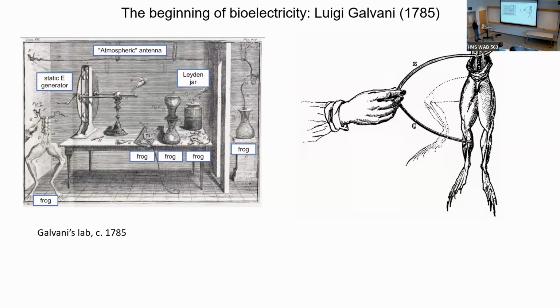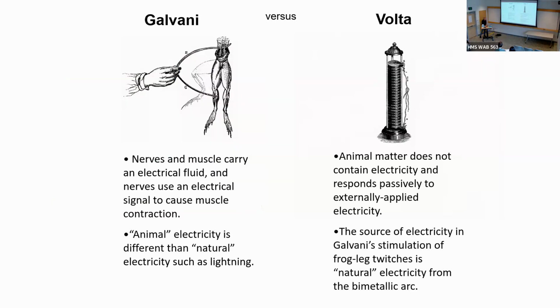So one of the things Galvani did was to hook up an antenna so that he could get charge from the atmosphere, and then show that if he connected it with a wire to a frog leg, he could make it twitch. And then he also would connect nerves, especially cut nerves, through an iron wire to the frog leg, and make the frog leg twitch. So he formulated this idea that nerves and muscle worked by electricity.